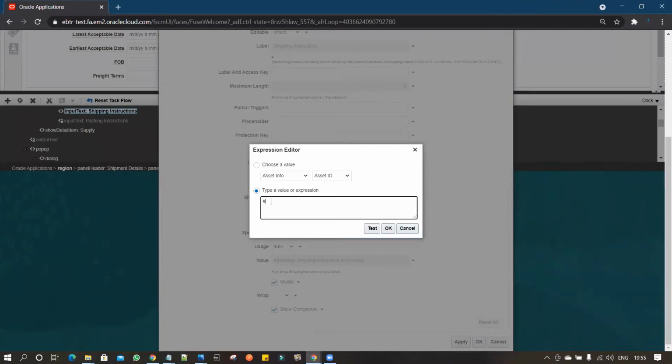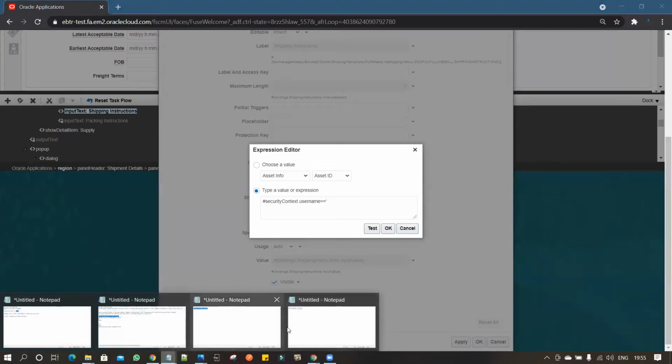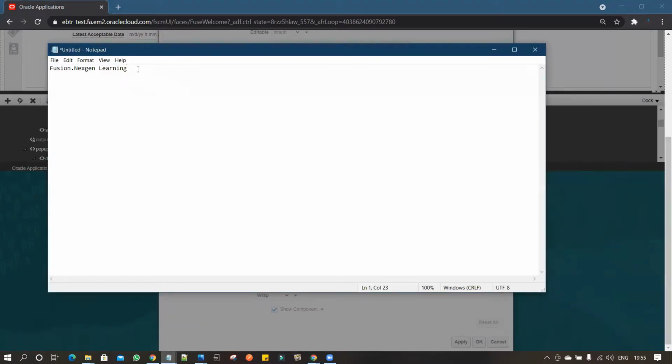We are adding security context dot user name equal to, and we type the name